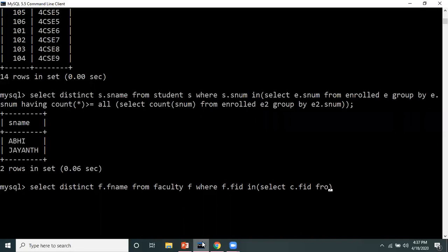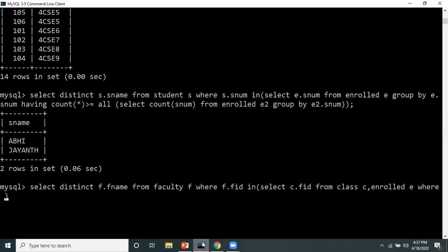Now from which table? From class table. So from class, alias I have given is C. Now I have to join it with enrolled table. So enrolled E.